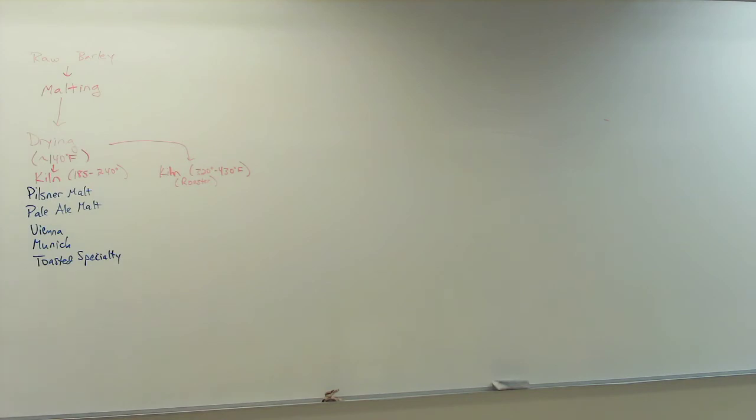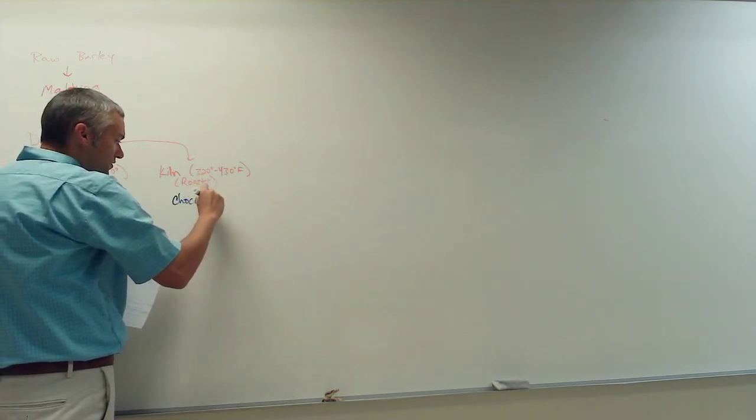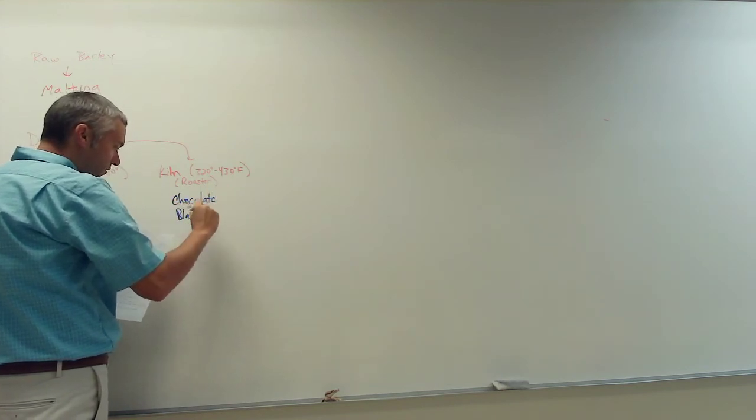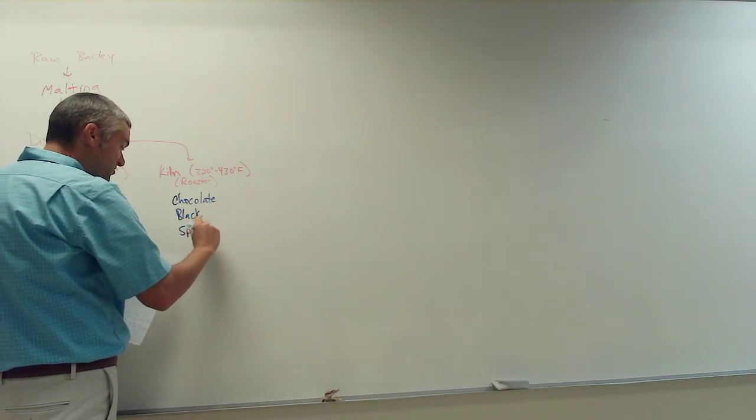More of a roaster. This is kind of what coffee grains are doing. We still have enzymes in it, or we still have sugars, but now we're really caramelizing those sugars. So now we can produce what's called chocolate malt. We get a black malt out of it, a special roast,